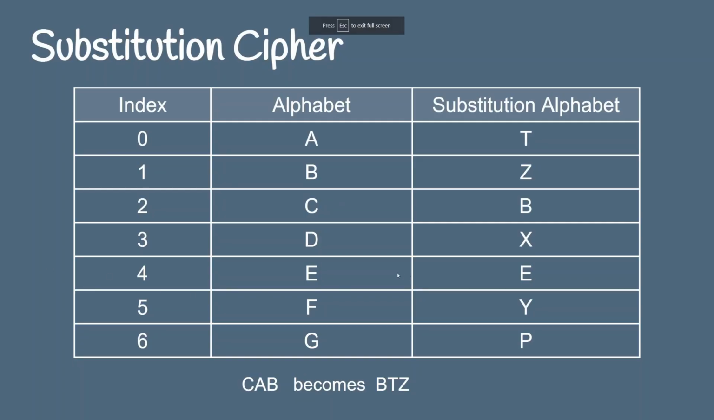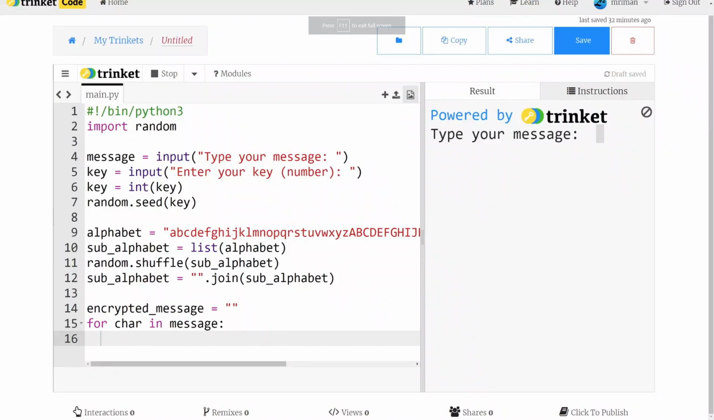Now remember, this is a two-step process. So let's say the first letter was a C. The first step is to find out the index of that letter, and the second step is to use that number to go and find out the equivalent letter in the substitution alphabet. Okay, so the first step is whatever the first character is in this message, we need to find out the